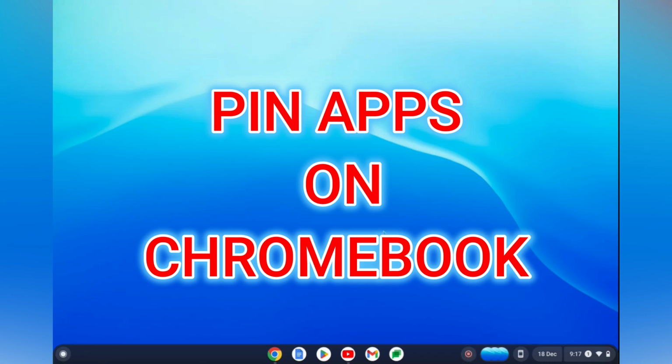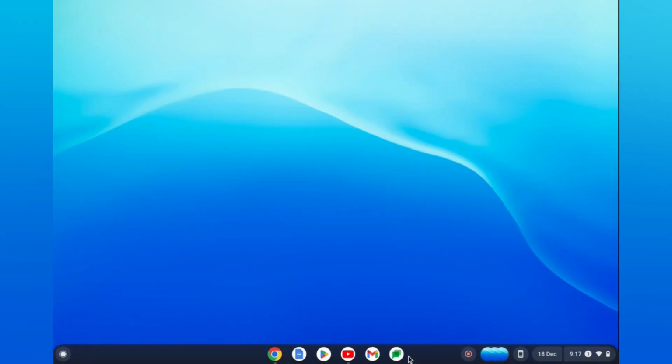How to pin apps on Chromebook. For example, as you can see right here in the shelf, you can see numerous apps that I have currently pinned on my Chromebook. To do this, all you have to do is go down to the bottom left hand